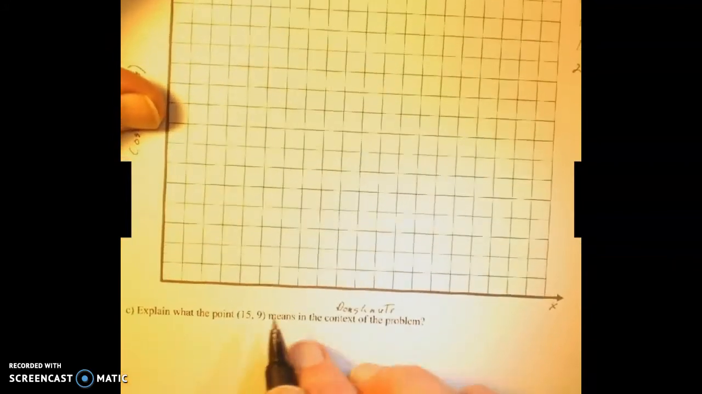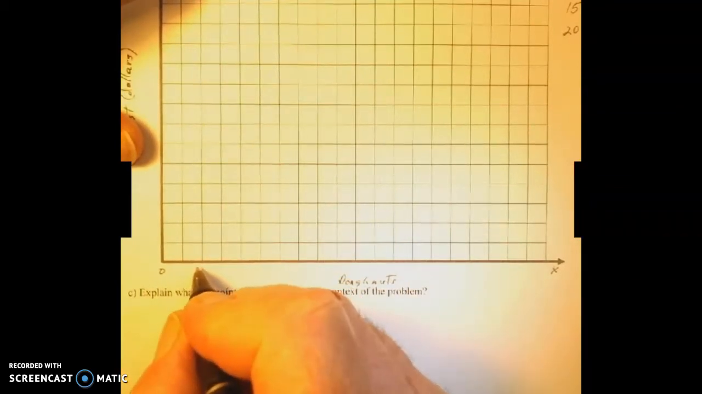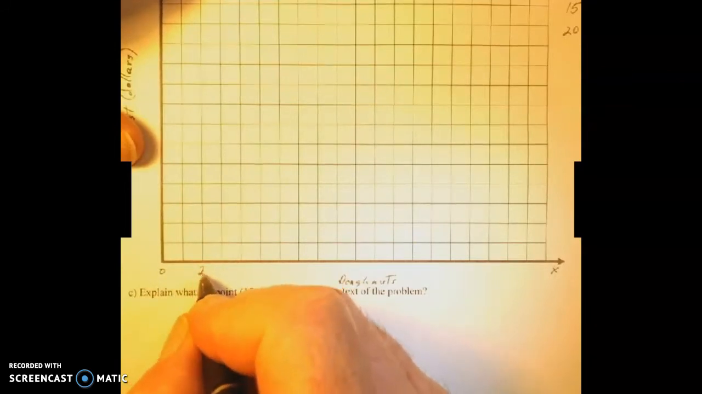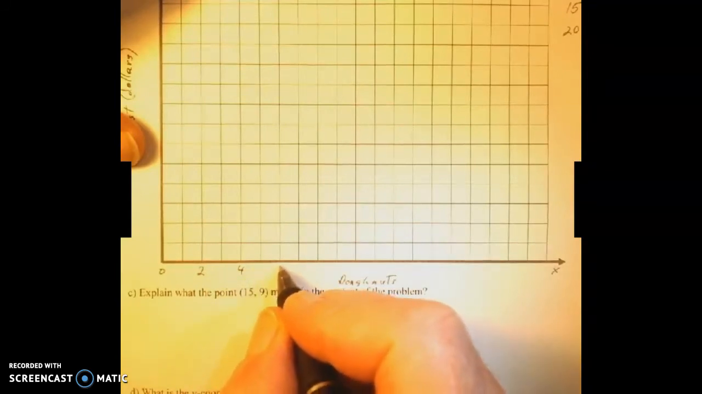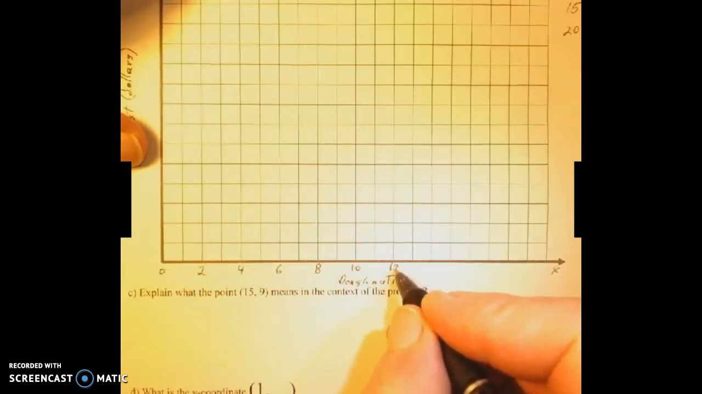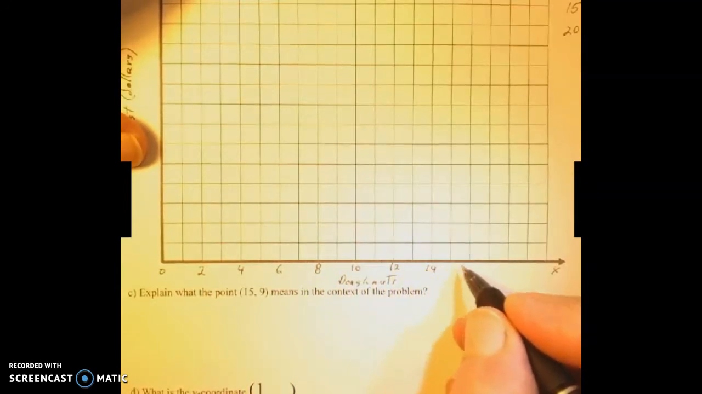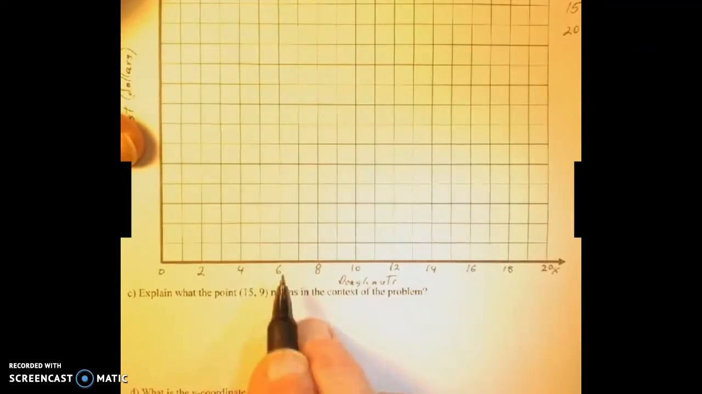Okay, so you need to number your axis. You want to start with the 0 here. Your scale needs to be consistent. Rather than try to number every space, I'm just going to number every other one. So this would be 1, this would be 2, skip 1, then it would be 4, 5, 6, 7, 8, 9, 10, 11, 12, 13, 14, 15, that'd be 16, 17, 18, 19, and then that would be 20 donuts